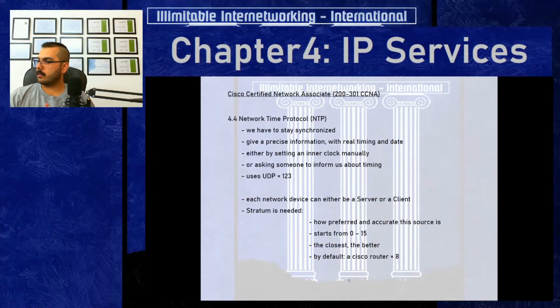Okay, so one extremely important protocol is the Network Time Protocol. To know and to implement Network Time Protocol, the NTP, which is responsible for making all the devices in your network synchronized together and have a correct world timing, global timing, not some specific local